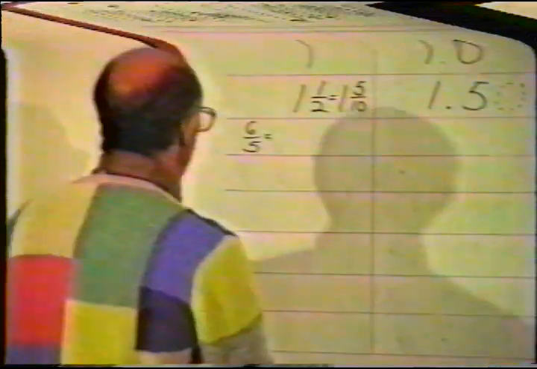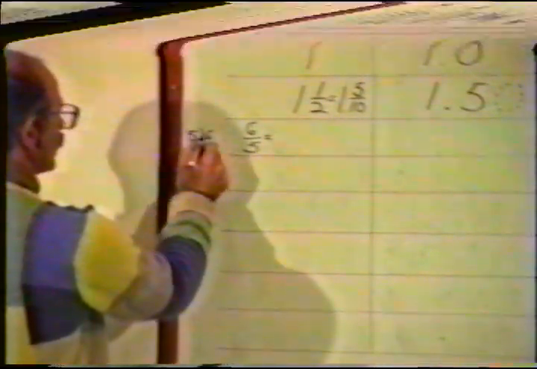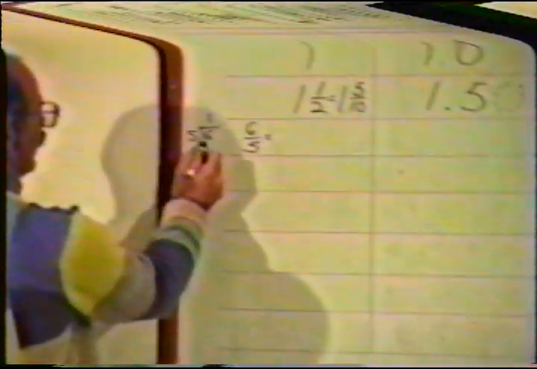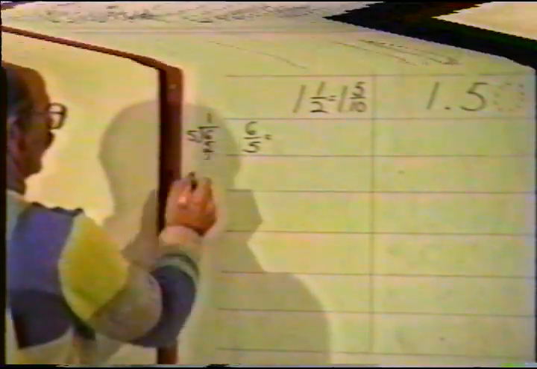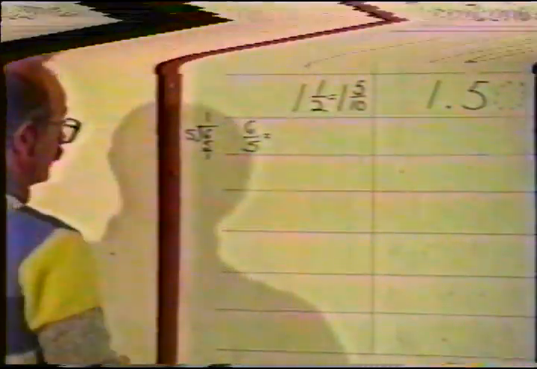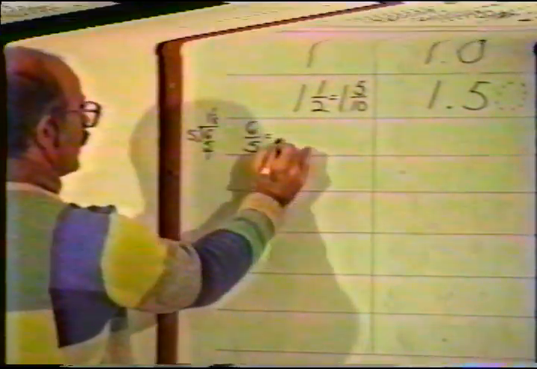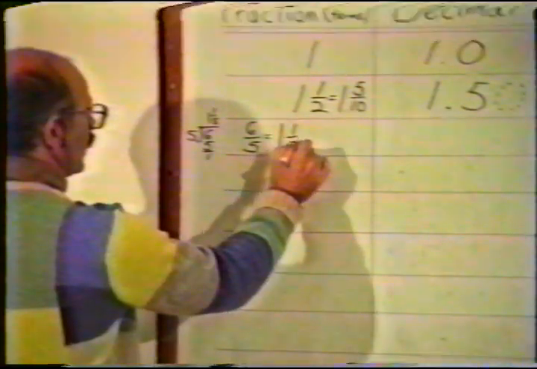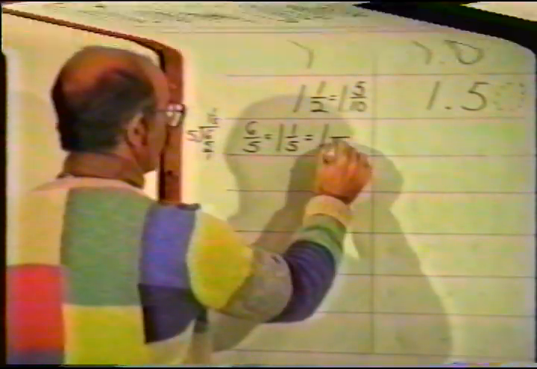Well, let's change it to a mixed number. 5 into 6 goes how many times? 1. 1 times 5 is? 5. Subtract, get? 1. 1 what? 1/5. 6/5 is the same as 1 1/5, and we can change that to 1, and we'll see how